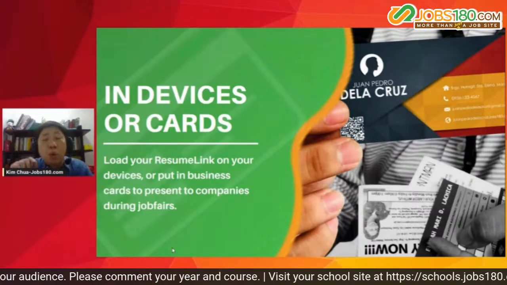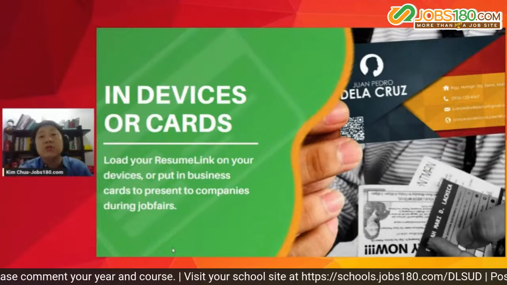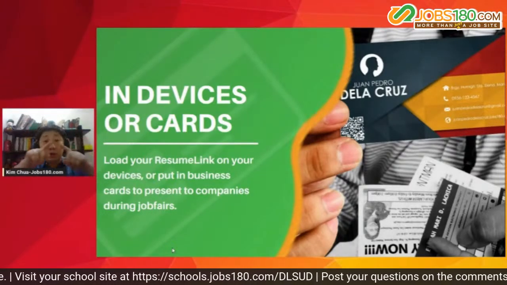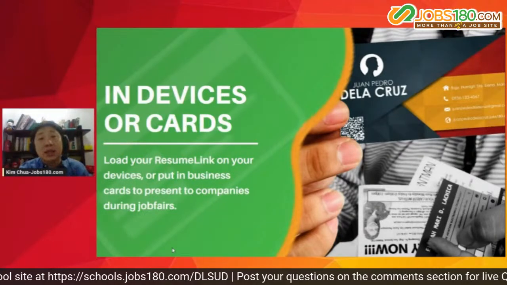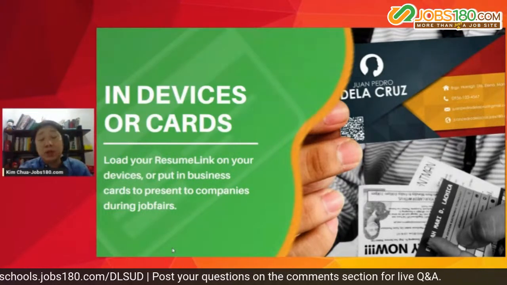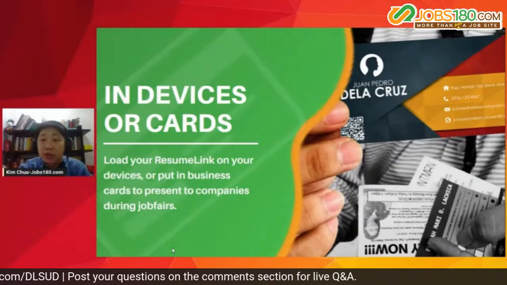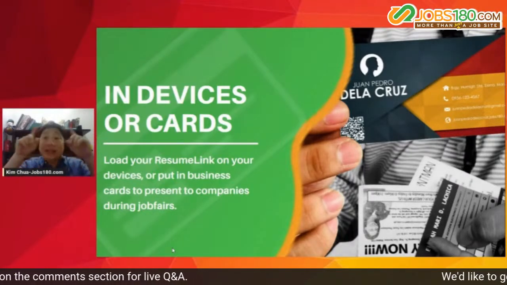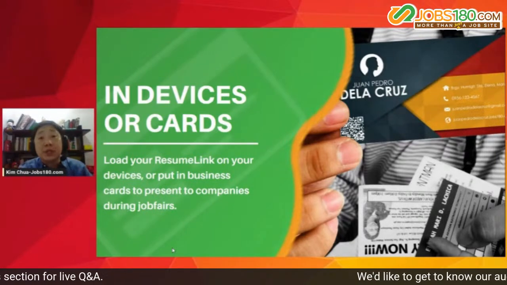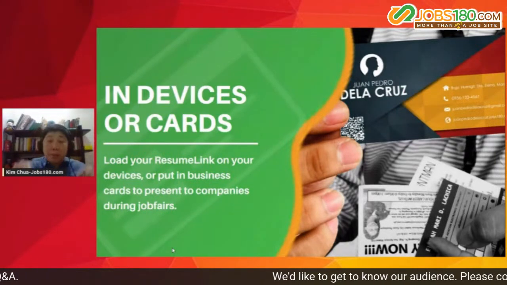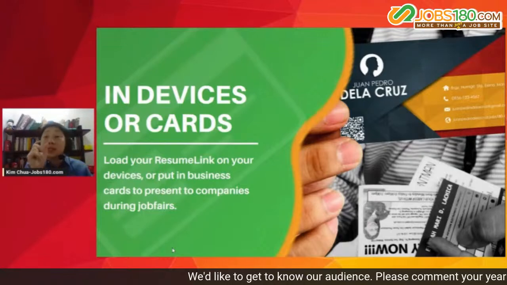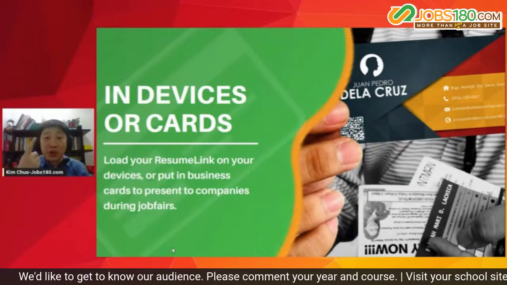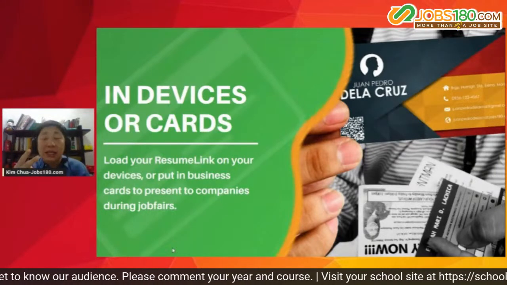But this time, why am I encouraging you to use resume link cards instead of the traditional long bond or short bond paper? Bakit? Una-una, tipid. Diba? Because of course, right now, eto, tipid. Kasi if you're going to apply to 20 companies, you don't need to print 20 sets of long bond papers. You just need to print one long bond paper and cut 20 small pieces of resume link cards. O, diba? That's for the cost side. Tipid na. Pangalawa, at mas importante,